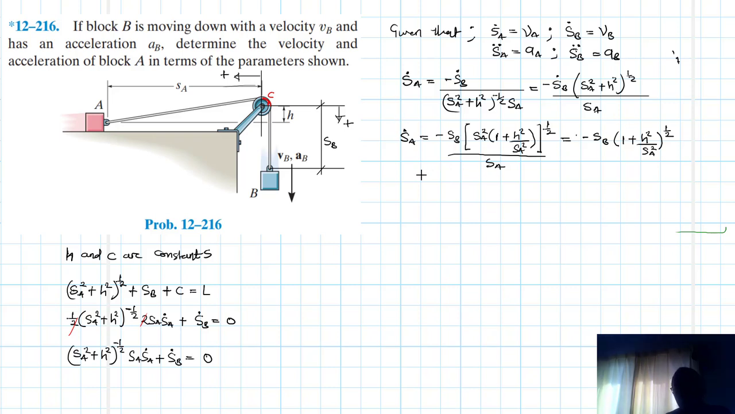So let's find the double derivative, the second derivative, so that we find acceleration. So we'll say SA double dot of this just becomes minus SB dot, minus SB dot, we are using